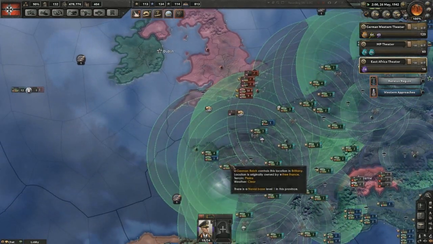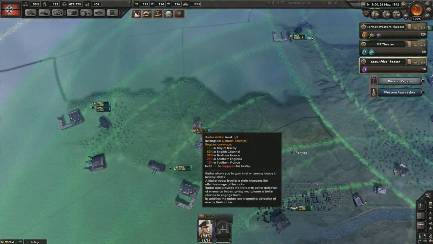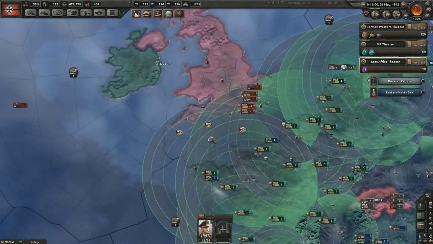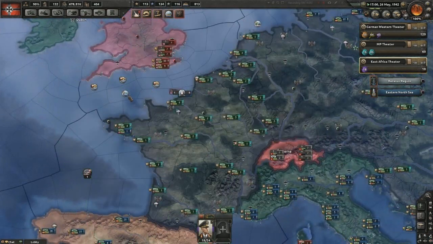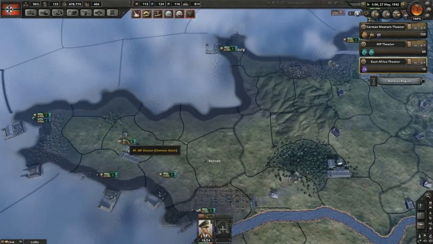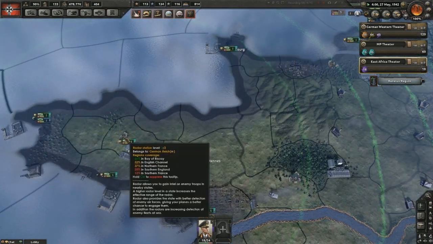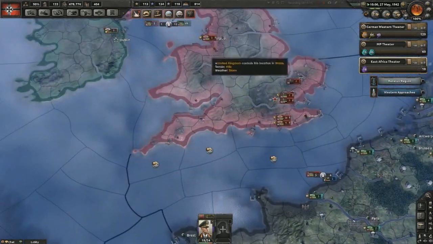Getting some better radar at some point is probably a good idea too. We can bolster, but not until the things are finished. Those barricades are getting finished first. Well, we actually have to research new ones because we have level 2 everywhere. We need level 3s. I'm looking at our coastal ones, so we can see more of the English